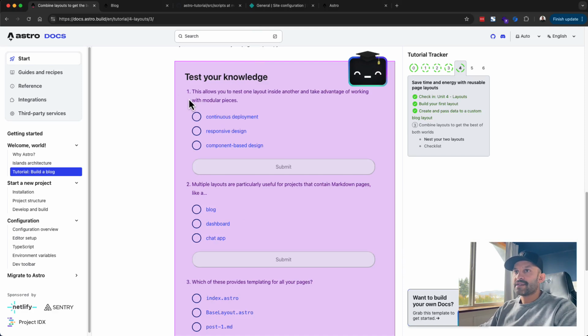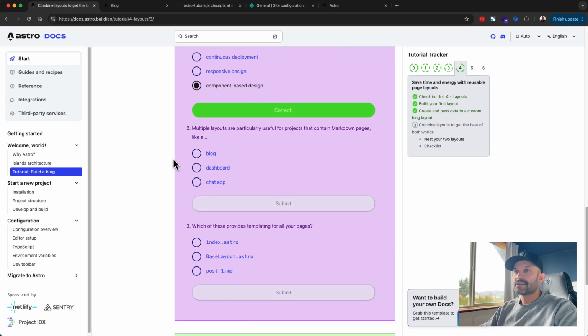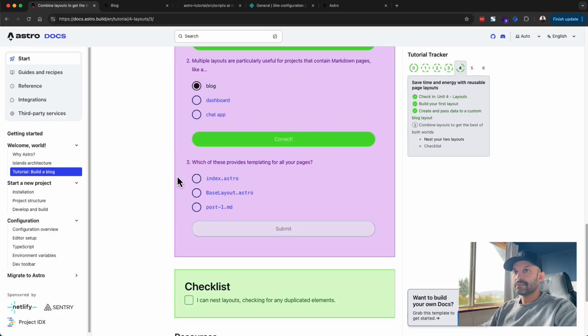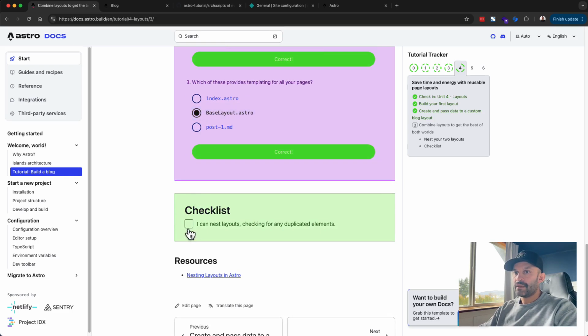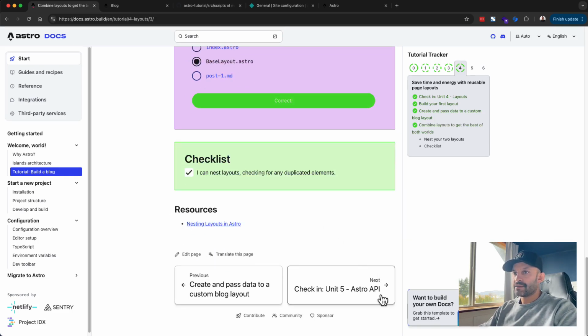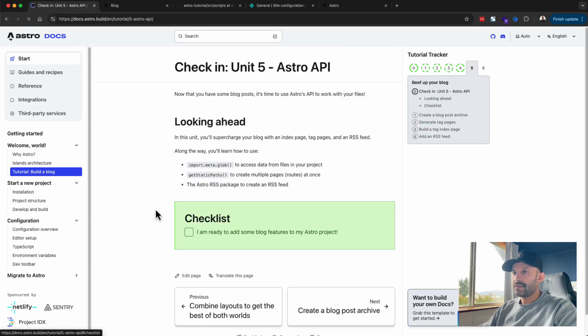Test your knowledge. This allows you to nest one layout inside another and take advantage of working with modular pieces. Component-based design. Multiple layouts are particularly useful for projects that may contain markdown pages like a blog. Which of these provides templating for all your pages? Base layout.astro. Yes, I can nest layouts. Now we're going to go on to